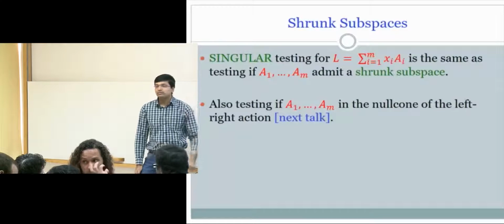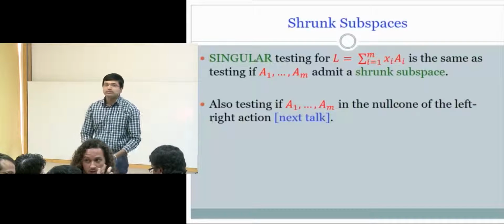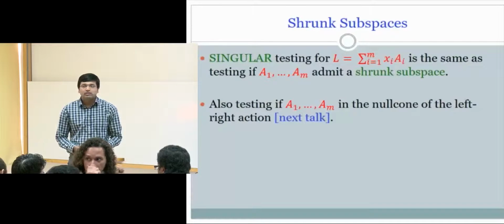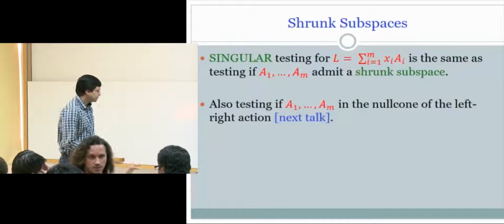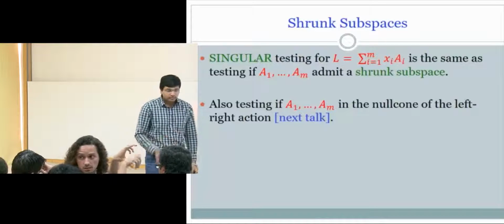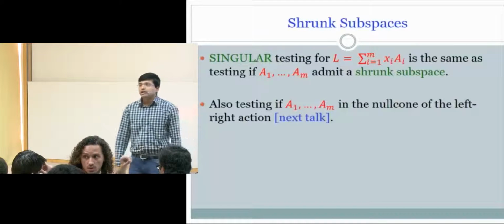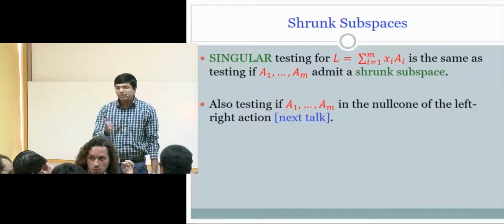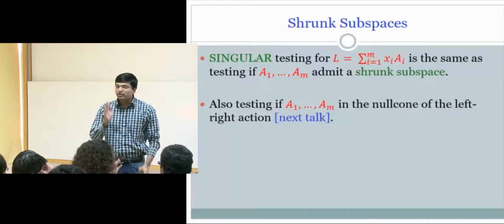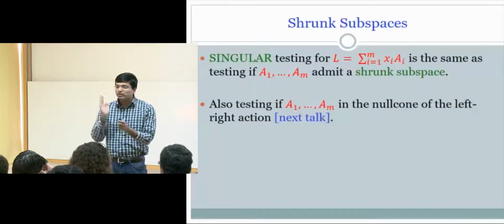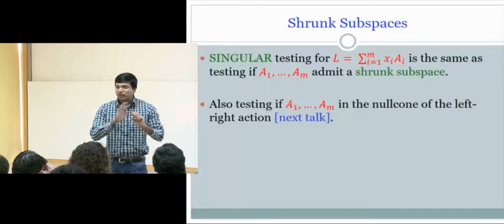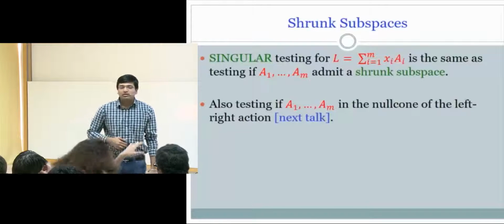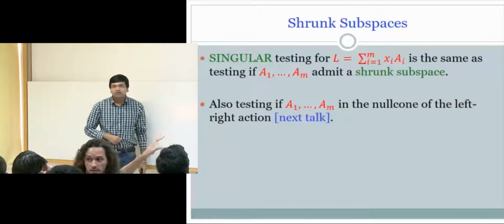So what Ankit is saying is that you pick your definition of rank over any field. Here we're dealing with the free skew field, but pick your definition of rank, like the factorization Ketan mentioned. By field you mean non-commutative field? Yeah, but you pick the same definition and define that as the rank of a matrix. You can define it as row rank, column rank, or this way. They're all equivalent. And what Cohn proved is that all of these definitions are also equivalent to the shrunk subspace one.